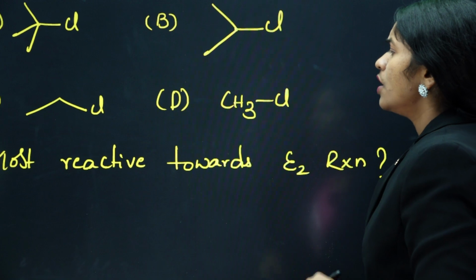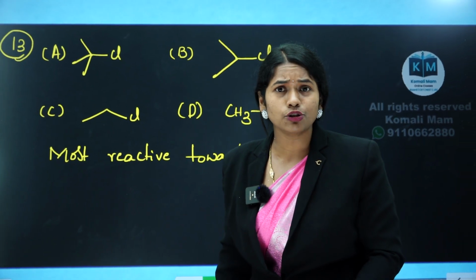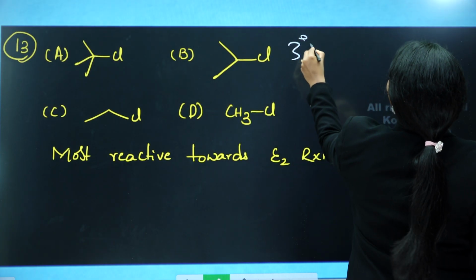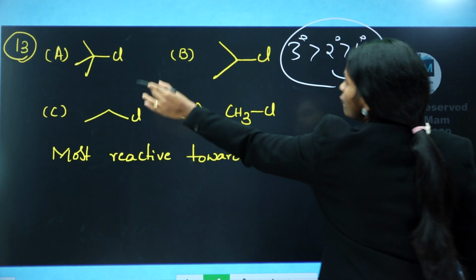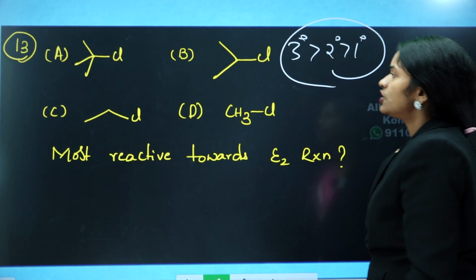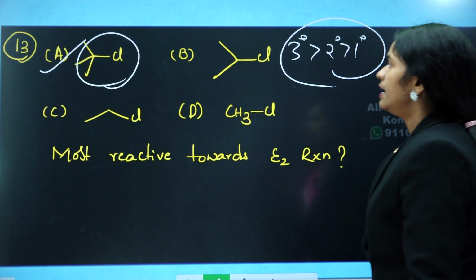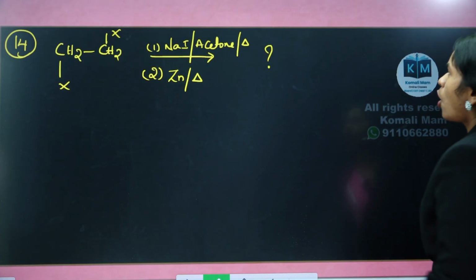See the next question. Which of the following is most reactive towards E2 reaction? So what is the order I told you? Tertiary greater than secondary greater than primary. So in these 4 options, which is a tertiary? Option number 1 is a tertiary. Next question I am moving. See, this is a concept of